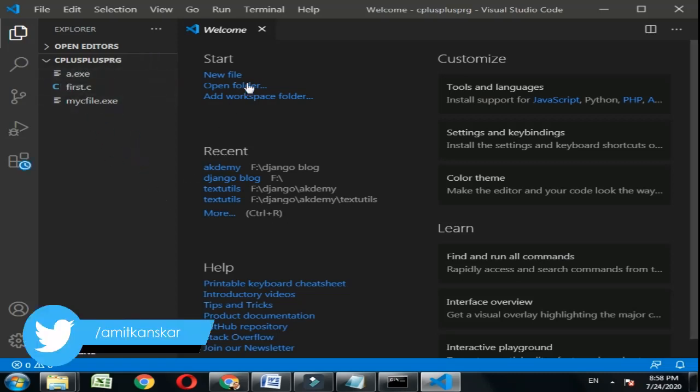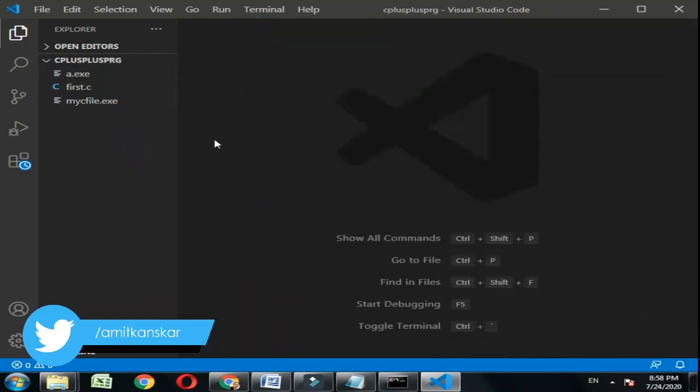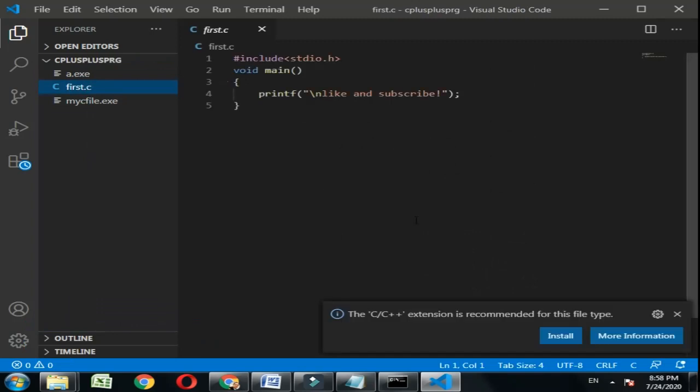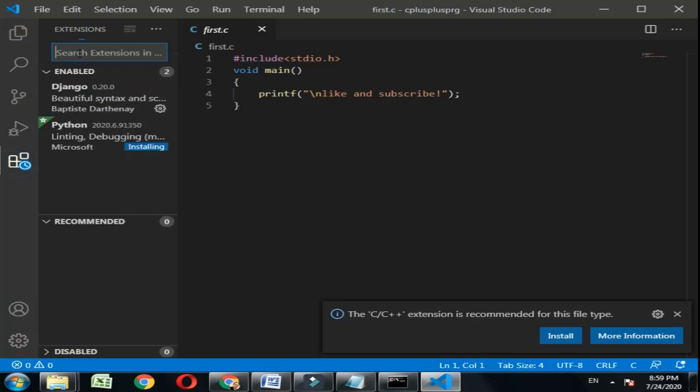Close it, and as we click on first.c, we can see our program which we made with the help of Notepad. Now, to make things easier with Visual Studio Code, we need to install some extensions. Click this icon and type C++.